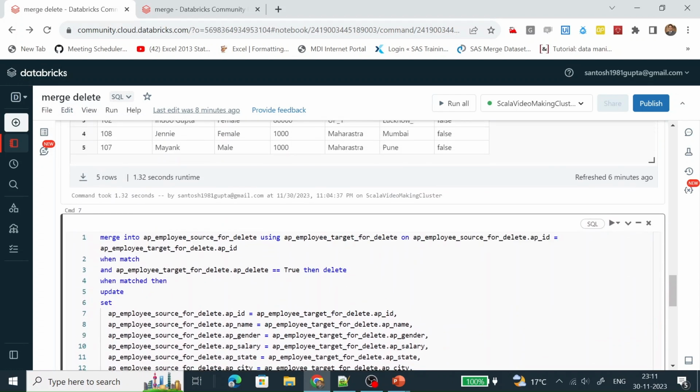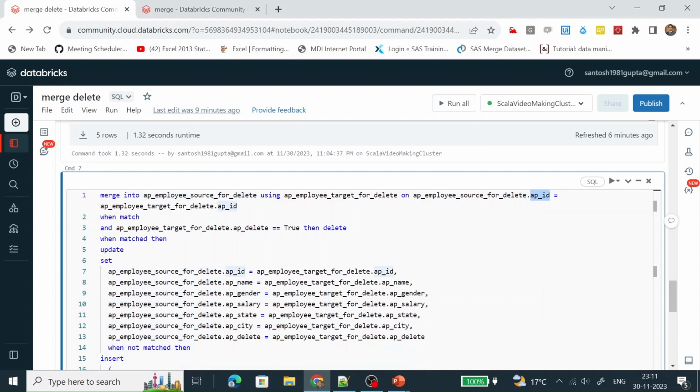What I am doing there, I am merging in this table by getting the data from this target table on APID. If it is matched and this column in the target table has true value, then delete the record.